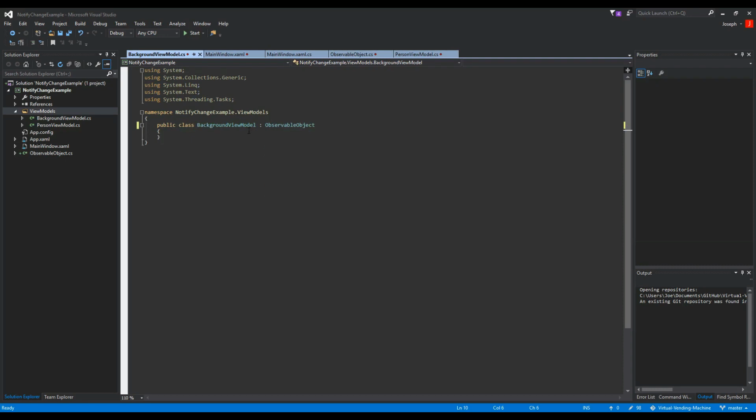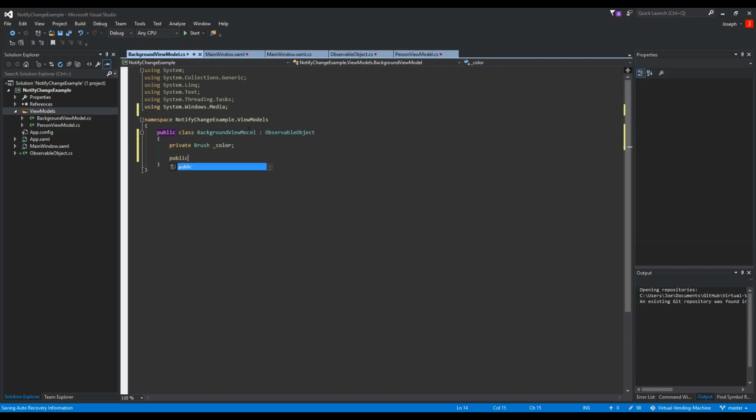And in here, we're going to have a private brush. We'll hit Control period and enter in our System.Windows.Media namespace. So brush, this will hold the color. Then we're going to say a public Brush Color,